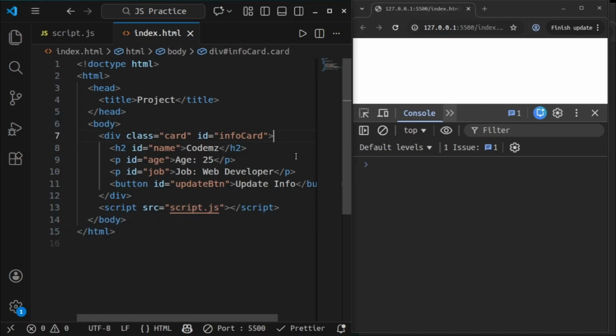We will see how regular functions behave with this, how arrow functions behave with this, and how to update the DOM interactively. Let's create simple HTML, like this. Try to keep your HTML organized. IDs help us select elements easily in JavaScript. In JavaScript,